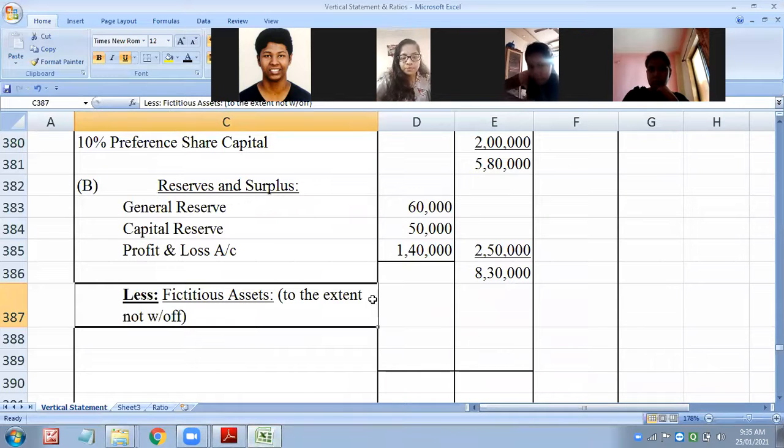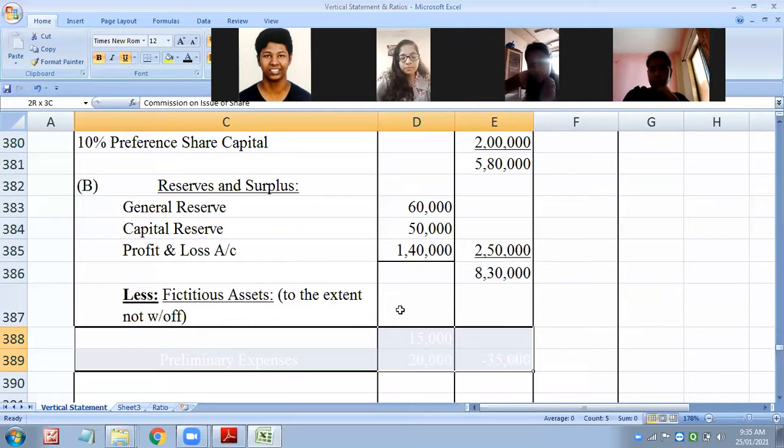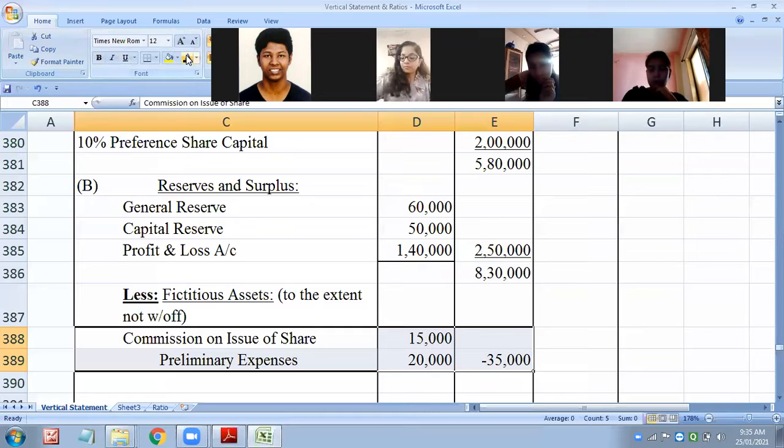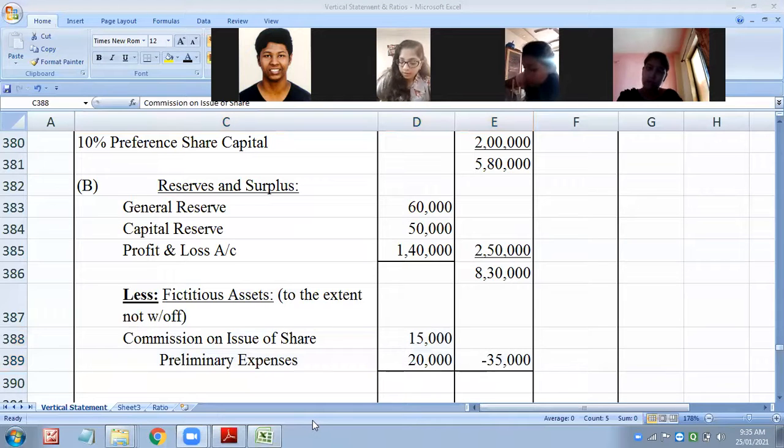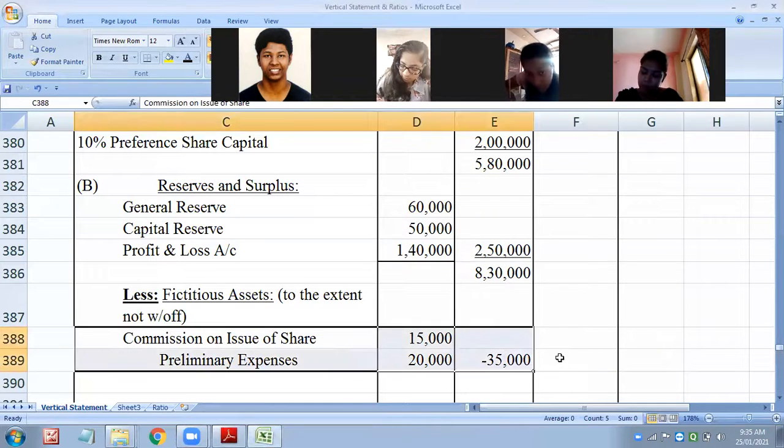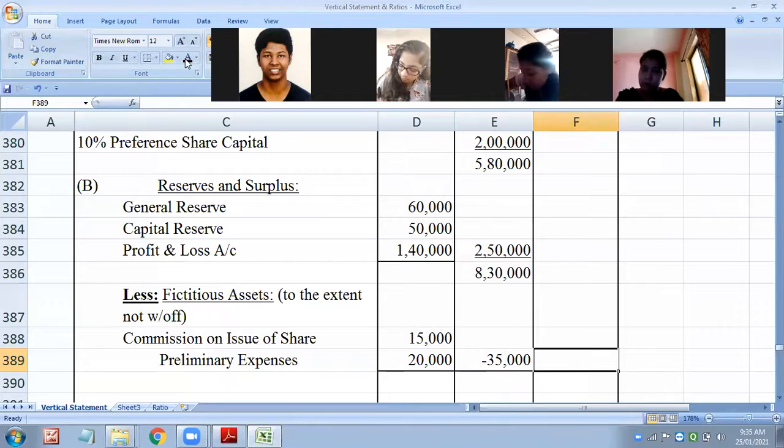So we have written till fictitious asset. We had two things. So from share capital, it has to be deducted because these are the losses, na? So profit to be added and losses to be deducted. So what is the total net worth we got? As 7,95,000. I hope things are clear till here.